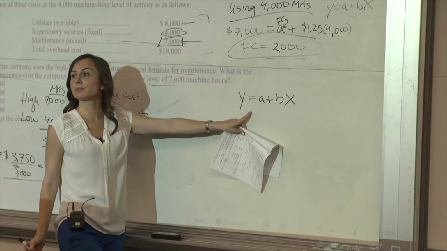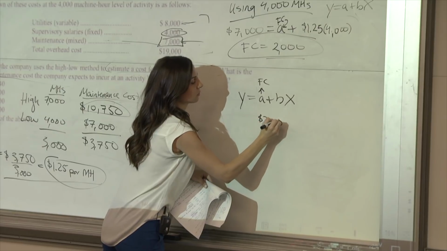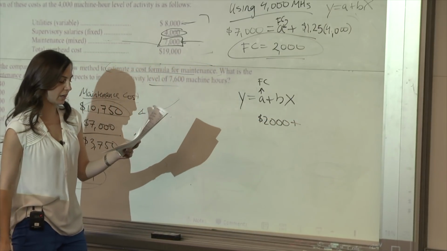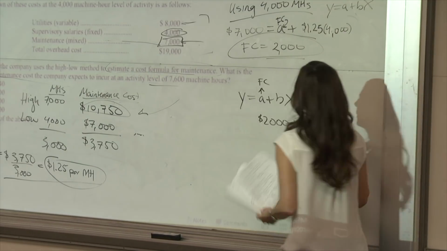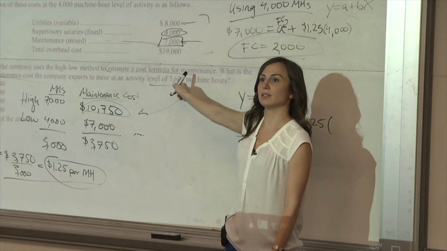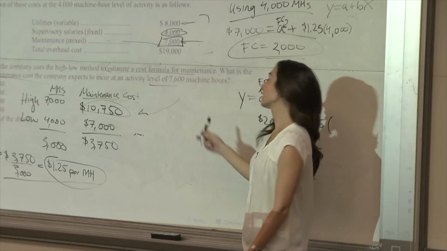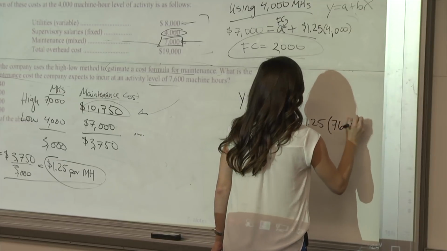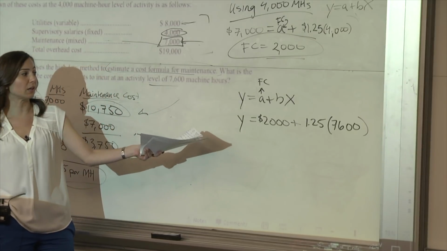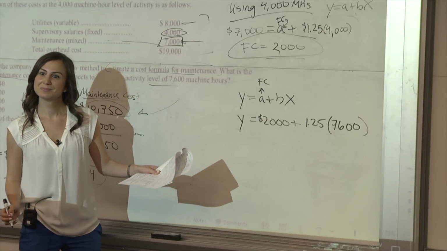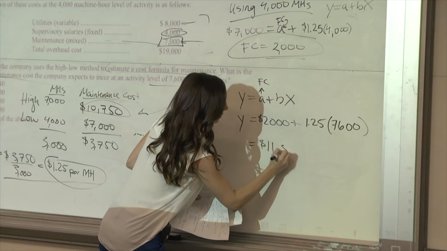Now we have the fixed portion, which is 2,000. We also have the variable cost per unit, 1.25. Now all we have to do is plug in what we care about. We care about 7,600 here. If it said 8,000, we would plug that in. If it said 9,000, we would plug that in. We care about the 7,600. So this will equal